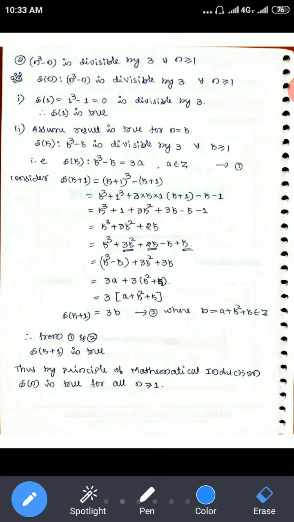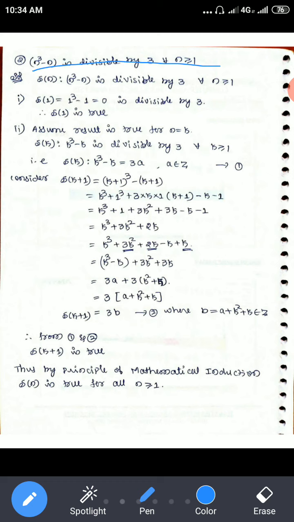Yes, sir. Okay, fine. So here we will study these kinds of examples, the equations which involve inequalities. So you can observe here, n greater than or equal to 1. n cube minus n is divisible by 3. This is what the question is. I'll take this as Sn. So Sn: n cube minus n is divisible by 3 for all n greater than or equal to 1. As usual we try for n equal to 1.